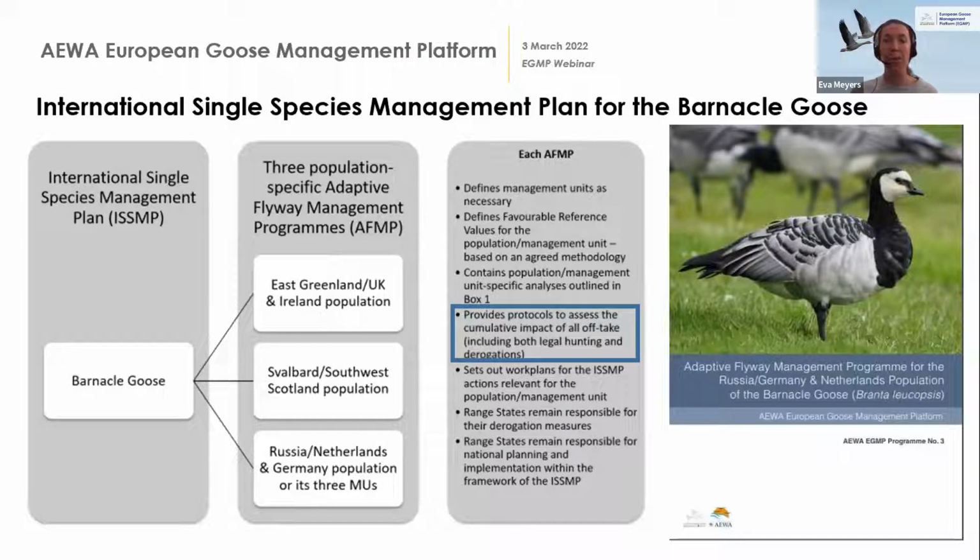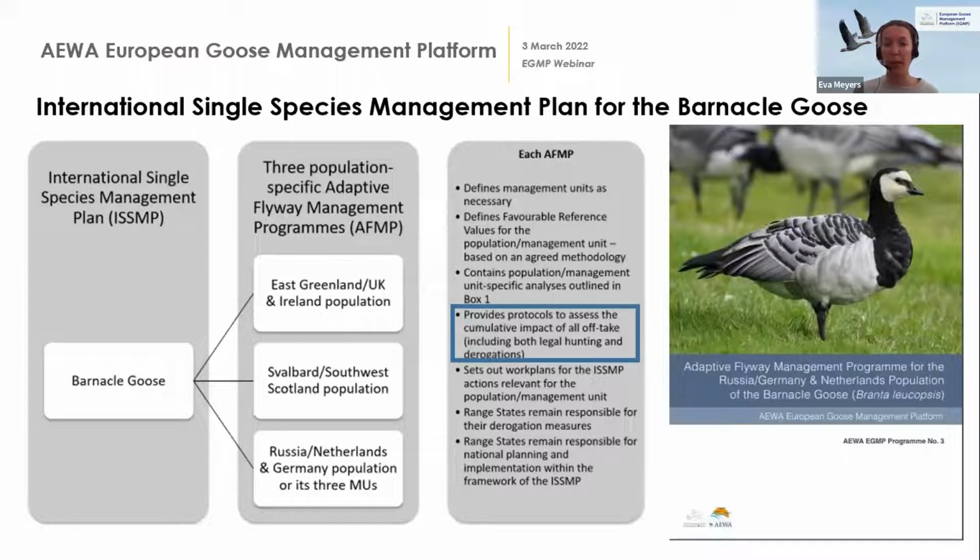The purpose of this, which I'm going to call AFMP for short, is to be an implementation document for these management plans, which extend for a very long period. But since we're talking about an adaptive process, the adaptive flyway management programs become the implementation programs of these management plans, allowing more dynamic elements in there, including the definition of the favorable reference values, and they update the management units and the specific measures for these management units,